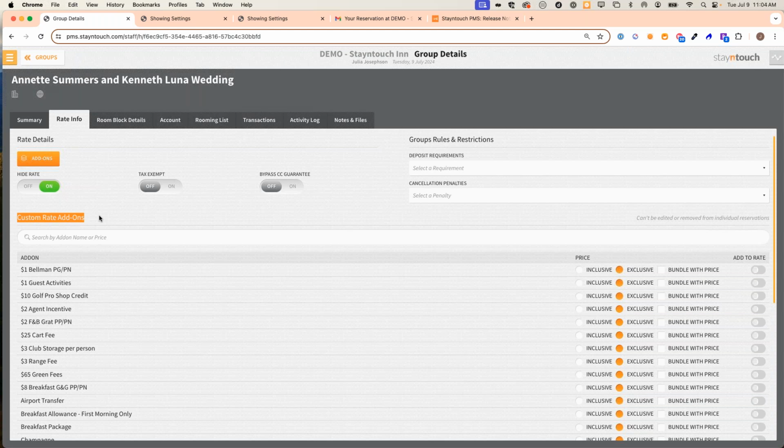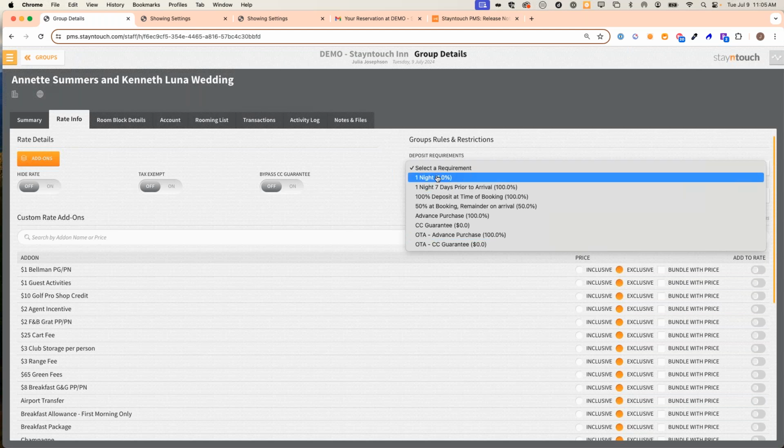There's this new custom rate add-on section down here that I will say is not part of this release, so I'm not going to cover this today, but these are more enhancements to come. On the right-hand side, you'll see a deposit requirements and cancellation penalties section. Just like when these were on the summary tab, I can toggle off hide rate if I want the rate amounts to show. I could toggle on tax exempt and bypass CC guarantee if I wanted to, and I could add add-ons. Within the deposit and cancellation penalty fields, you'll see drop-downs where you can select from your hotel's